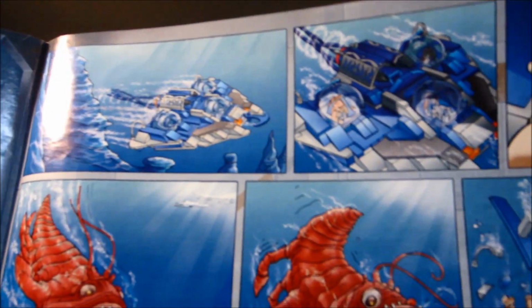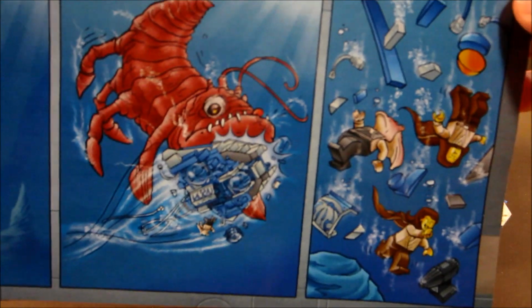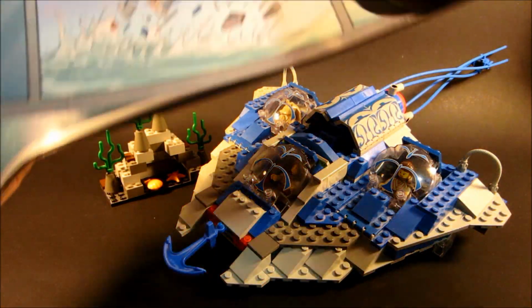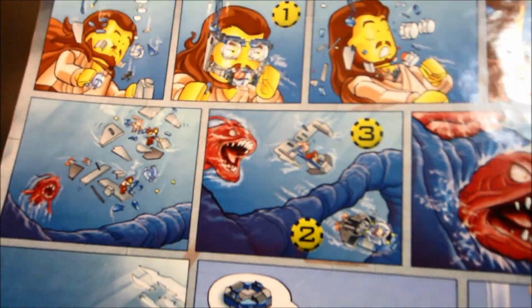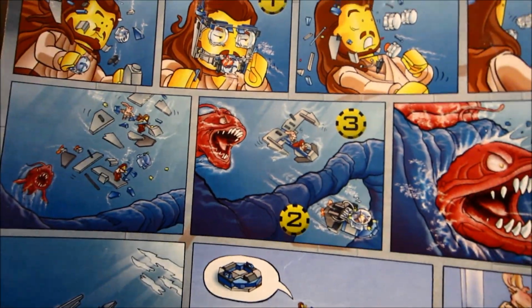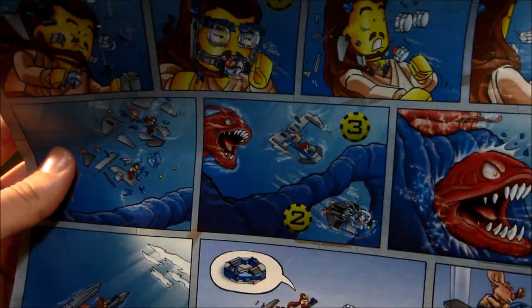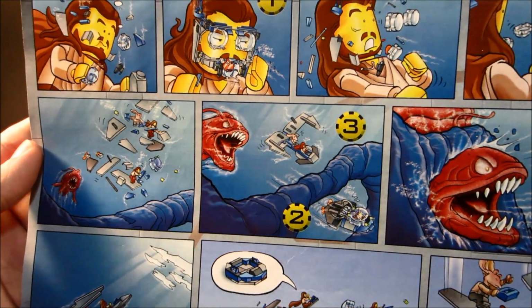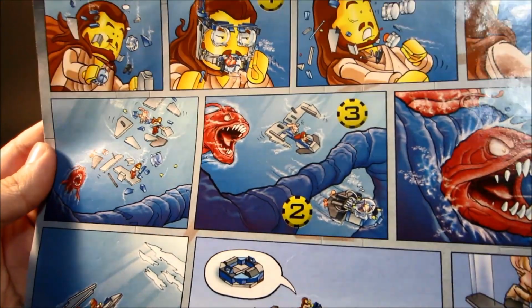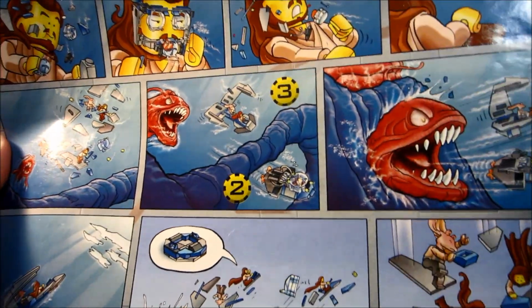So they're going along, and then oh no, it's the OPC monster. Rawr. But now nobody can breathe. But Qui-Gon's got the idea. He'll use the parts to make himself a little breath... no, I wanted to say breathalyzer. That is not the right thing. A little oxygen mask. And then Obi-Wan and Jar Jar and even Qui-Gon start building their own speeders and